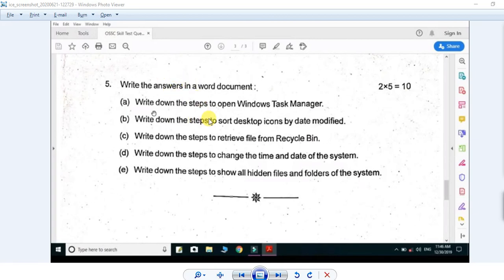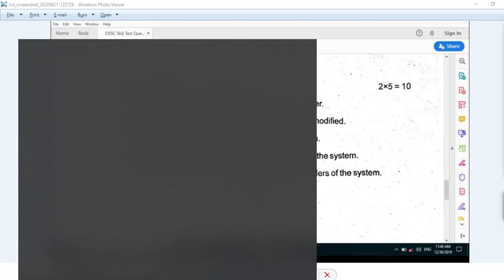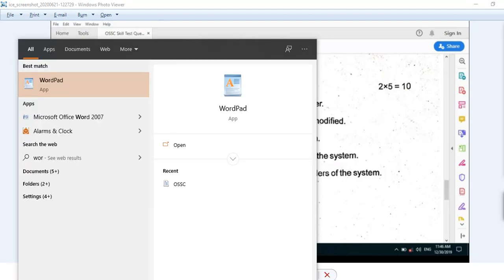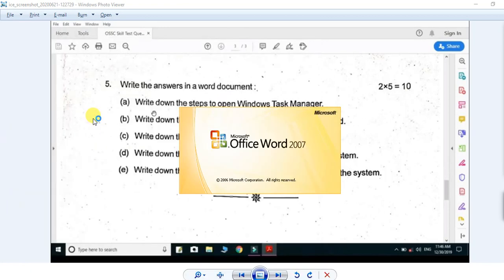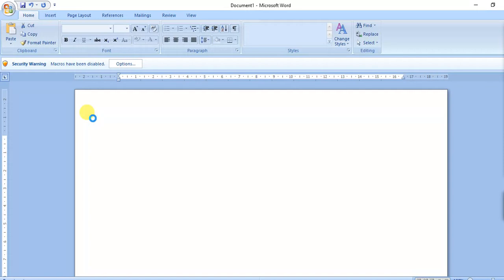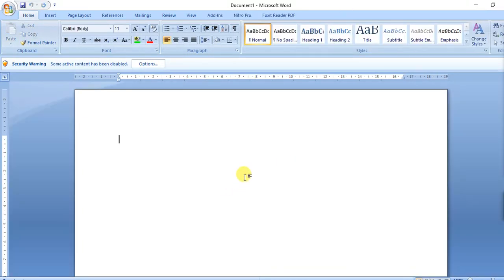Write the answers in a Word document. Okay, I am just opening Microsoft Word. So how to provide the bullet? How could I do that?